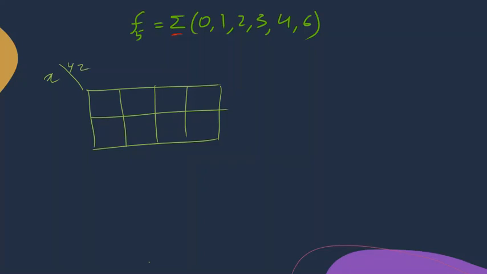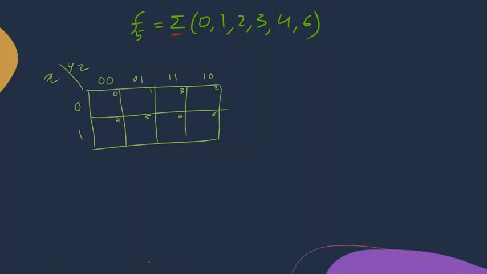The first variable goes on the left side and the other two variables on the other side. x can have two values, 0 and 1. yz will have four values: 0 0, 0 1, 1 1, and 1 0. Don't mess up the sequence. After that, we write on the top right corner of each box the exact min term it is representing: 0, 1, 2, 3, 4, 5, 6, 7. This is the initial step which we have to do for all the questions.